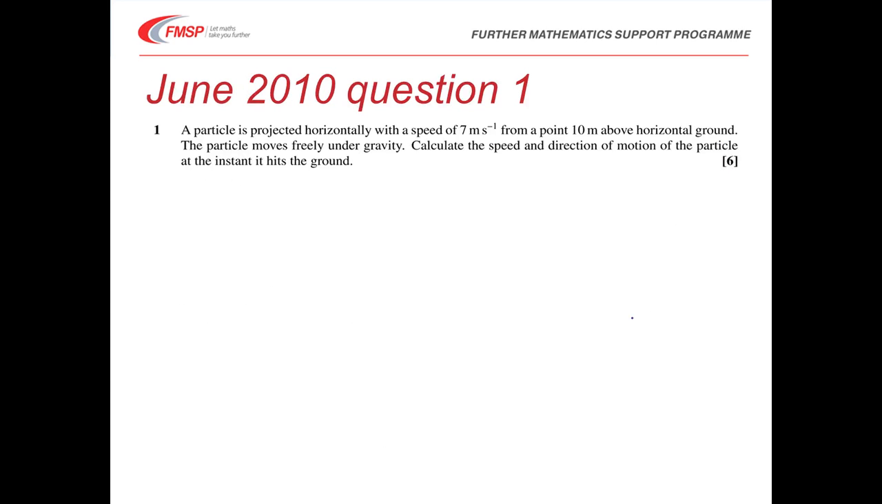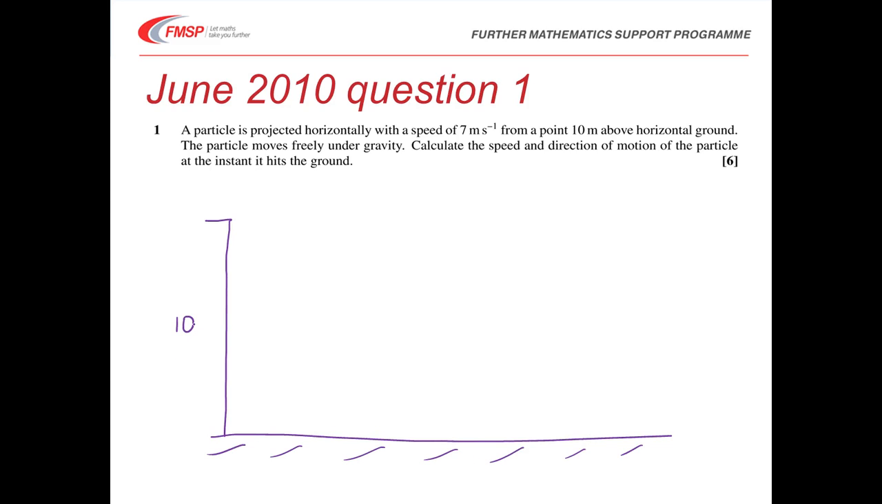So here's our first exam question. A particle is projected horizontally with a speed of 7 meters per second from a point 10 meters above horizontal ground. So here we go, from a point up here, it's projected at 7 meters per second. It's going to follow a parabolic path and strike the ground somewhere over here at a point I'll label A for reference,